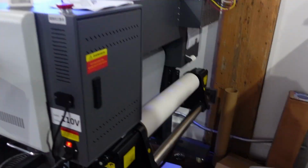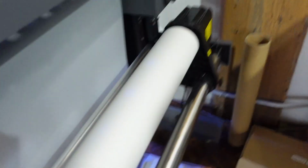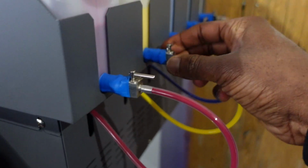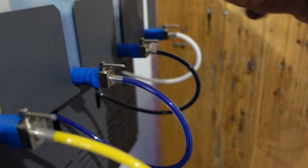So let's get started. First things first, when I come into the studio, I turn this switch on right here. That's the switch that controls this film right here, but I don't let it control it. I actually roll out some film because I find it works better. That's just a quirk that I like to do. I roll out the film as it prints. Anyway, then I flick this. You don't have to do that though. I flick these open, all the nozzles open to let the ink go through,